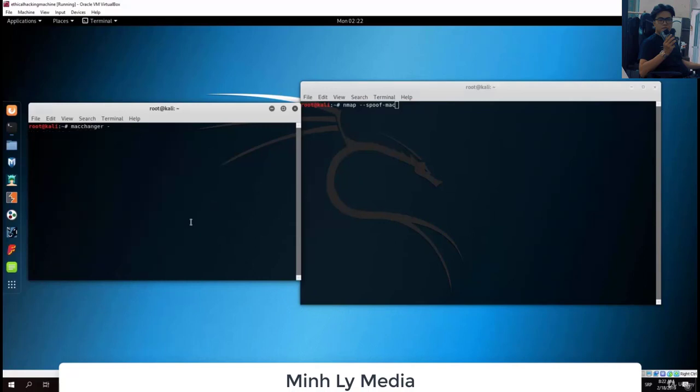You type here -s (show) and then the network interface in order to see your current MAC address. So this is the format of the MAC address. You can see it is divided by colons, and it consists of 6 parts that are divided by these colons. So we can just type here